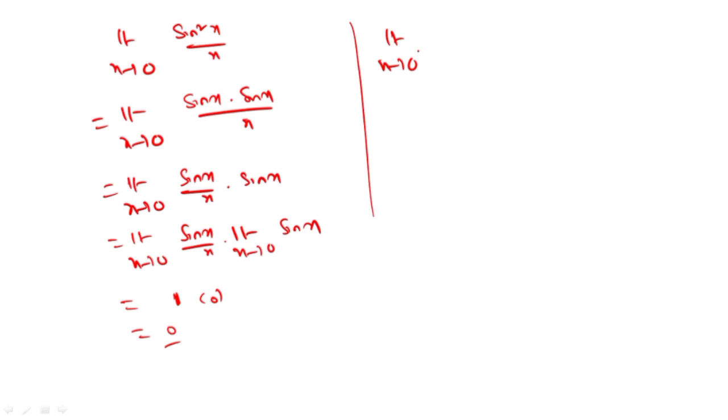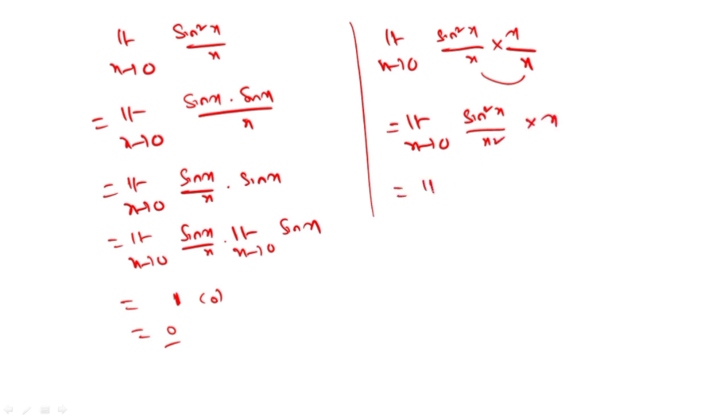Limit x tends to 0 of sin squared x by x, multiplying and dividing with x. So limit x tends to 0, this is sin squared x, x into x is x square, into x. So limit x tends to 0 of sin x by x whole square into x. This also is 1 into x, and in x's place we can replace by 0. This will be 0. You can write like this also, whatever you like.